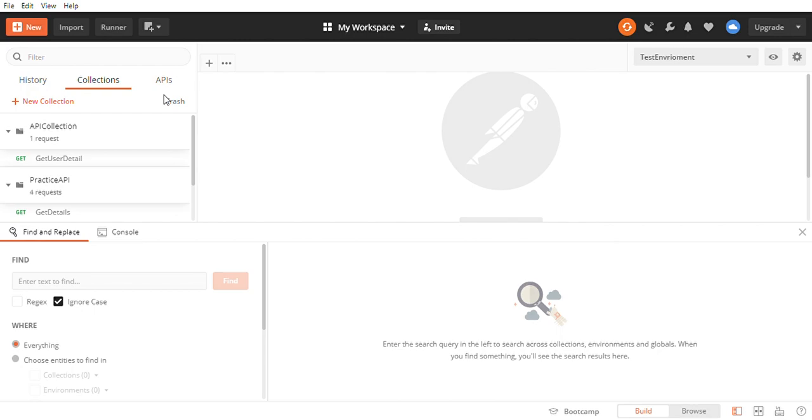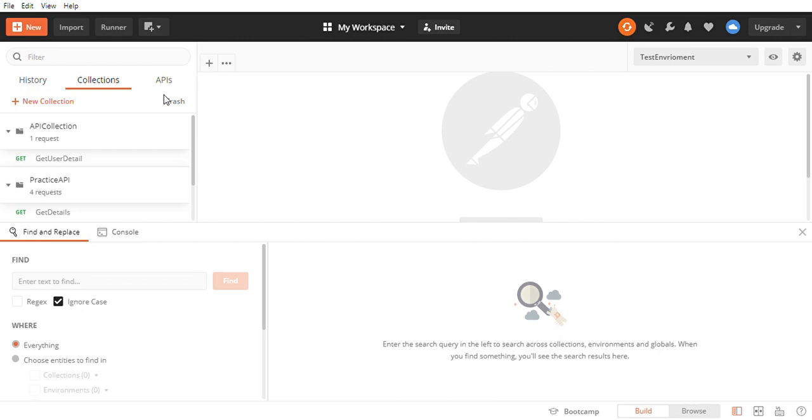You don't need to worry about changing the same value again and again in different requests. You just pass that parameter in every request where you need it, and whenever you need to change the value, just change the parameter value, and the change will be seen across all your requests.